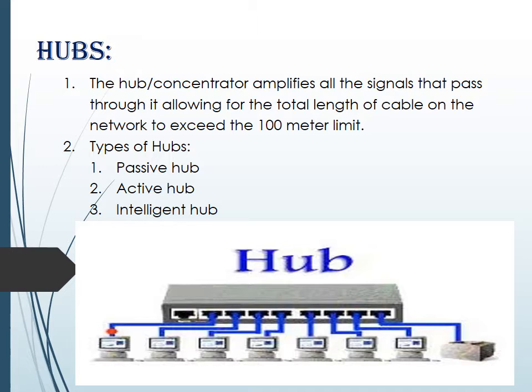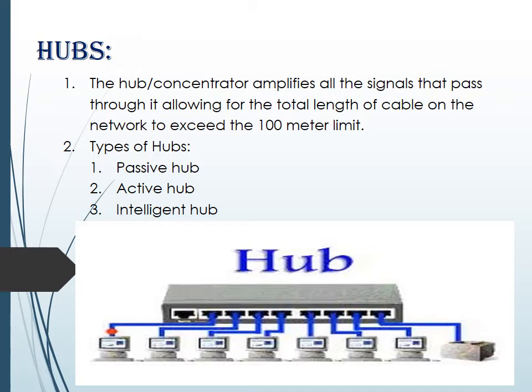Hub centralizes the network, meaning what? Suppose I want to connect nodes in the star topology. Those nodes don't get connected to each other directly. They get connected via a hub. Whenever there is a need to send or receive a message, first they send the message to the hub, and then the hub broadcasts the data to the appropriate destination. So that is the basic use of a hub.